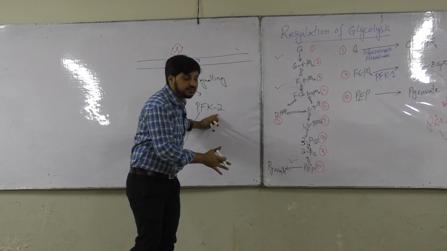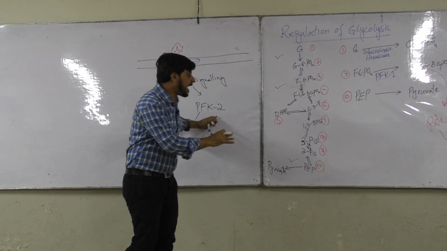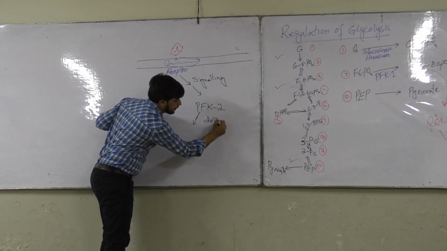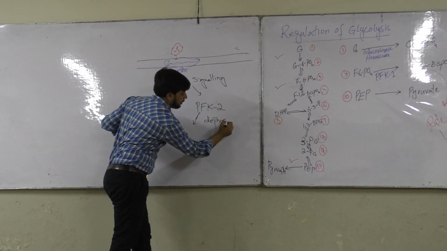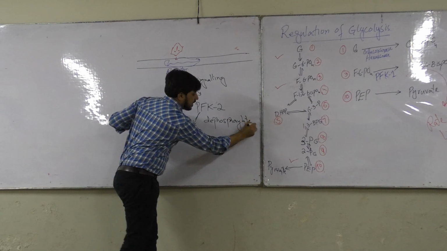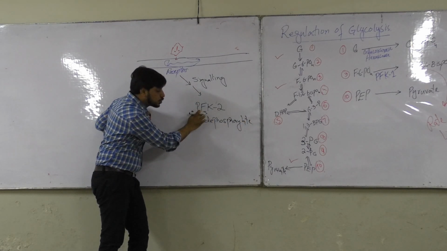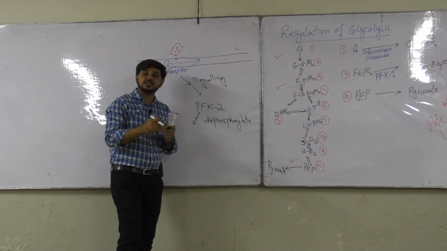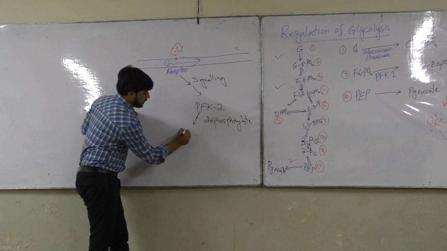The phosphatase domain will become active and dephosphorylate this enzyme. Whenever it is in the dephosphorylated form, it will become